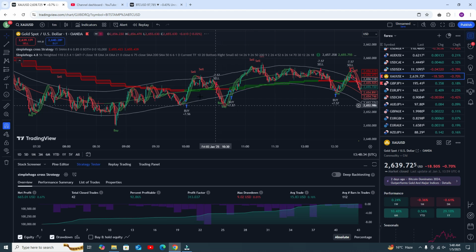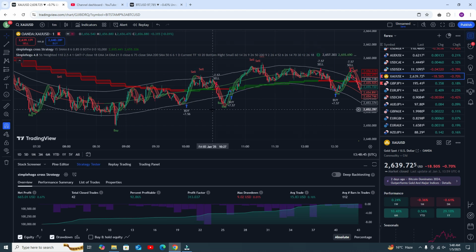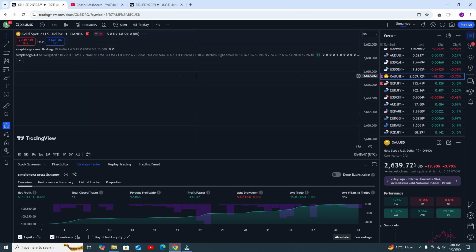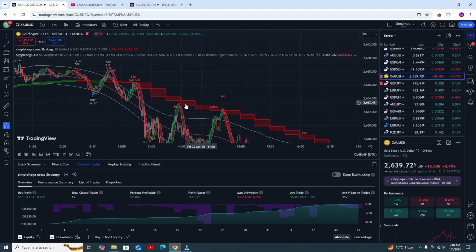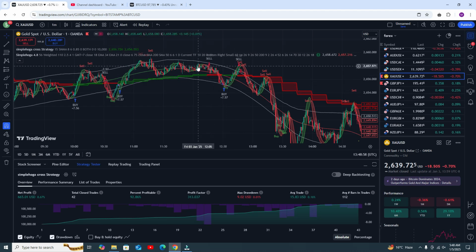Like here, this was a sell signal, and you had to close the trade when you got the buy signal. There are now two types of buy and sell signals. The first one is this one, sell, buy signal, and so on. But the second indicator is also giving you buy and sell signals, the green color buy signal and the red color sell signal. And here you can see the RSI ribbon as well. Then the third thing, there is a band line. All are very important. Let me show you how.